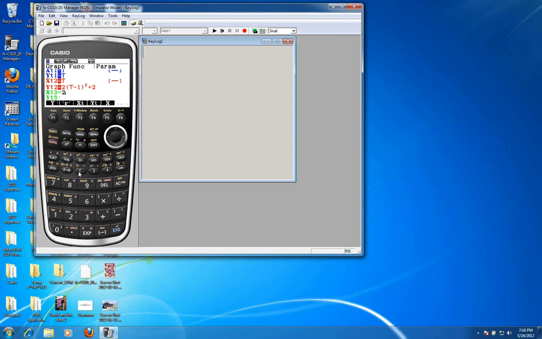So in the y position, I type in the 2 times the quantity t minus 1 squared plus 2. And in the x position, or in the y position, that switches. So you'll notice that I've switched the x and the y, which is what we tell students to do when we're talking about inverses, and draw that. And there is the inverse. I think that's extremely handy for students to see.